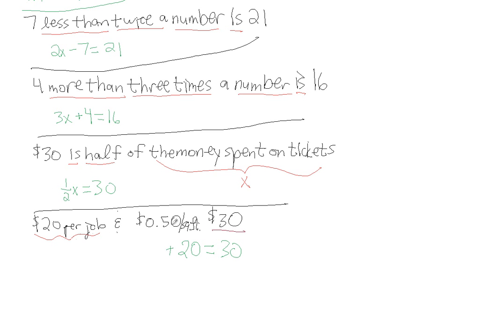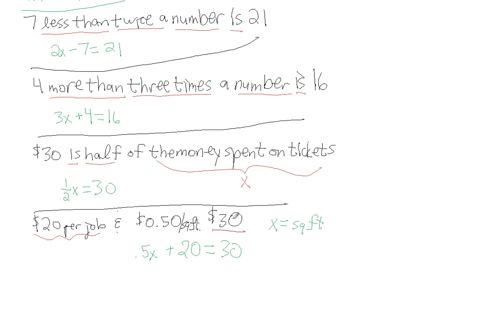This is 20. And then he's charging 50 cents per square foot. Let X equal the square footage. So 50 cents for each square foot is going to be 0.50 actually, but we can just say 0.5X. So for each X, each square foot, he's charging 50 cents plus a $20 flat fee for a job, and